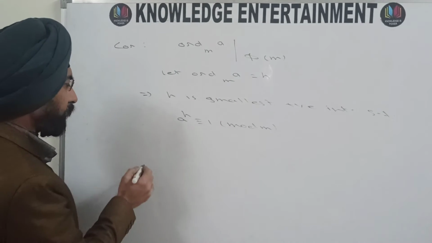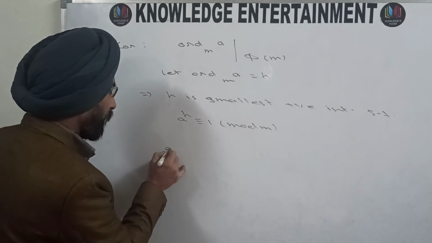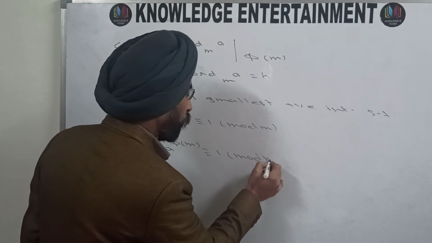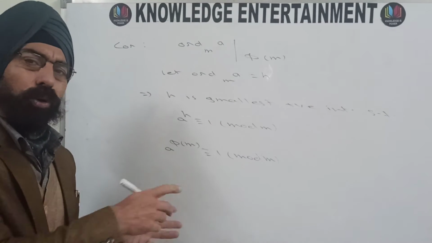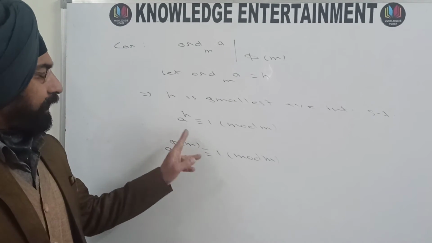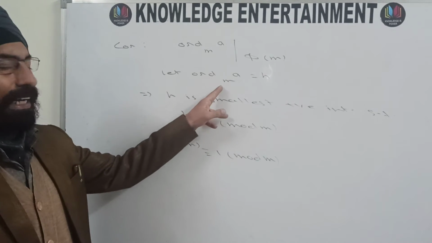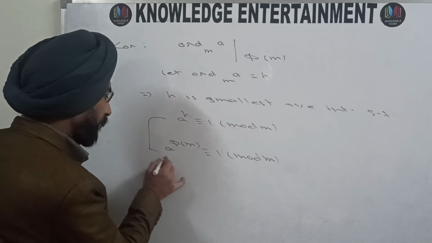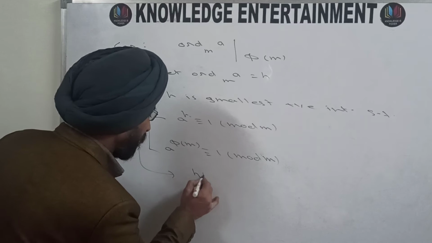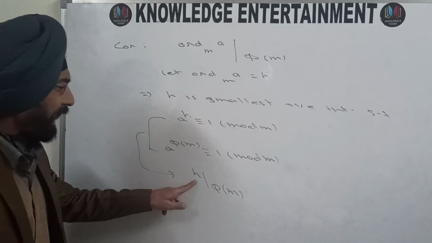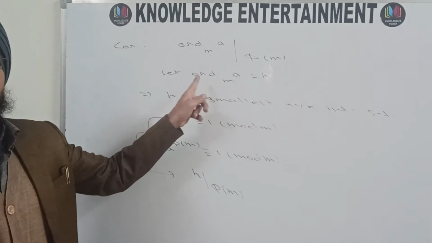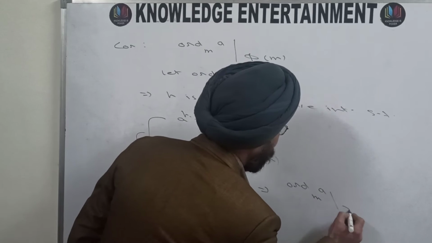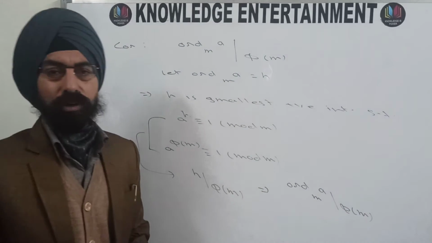Also from the Fermat little theorem, we know that a raised to the power phi m is congruent to 1 modulo m. This result is well known to us. And just now we have shown that if a raised to the power k is congruent to 1 modulo m and h is the exponent class of a, then h divides k. So from these two results you can directly conclude that h divides phi m. But what is h? Here h is the order of a modulo m. So this means the order of the element a modulo m divides phi m, and this is what we wanted to show.